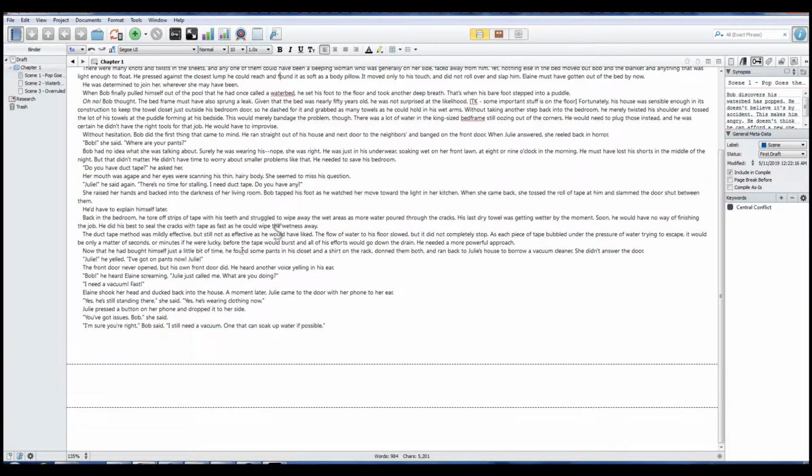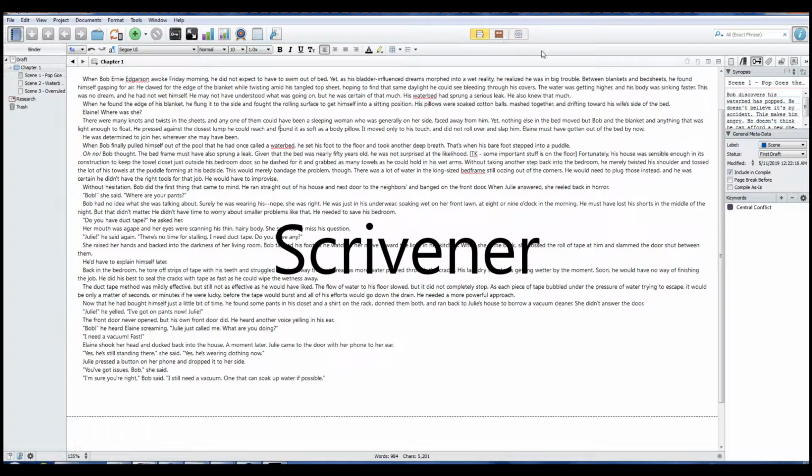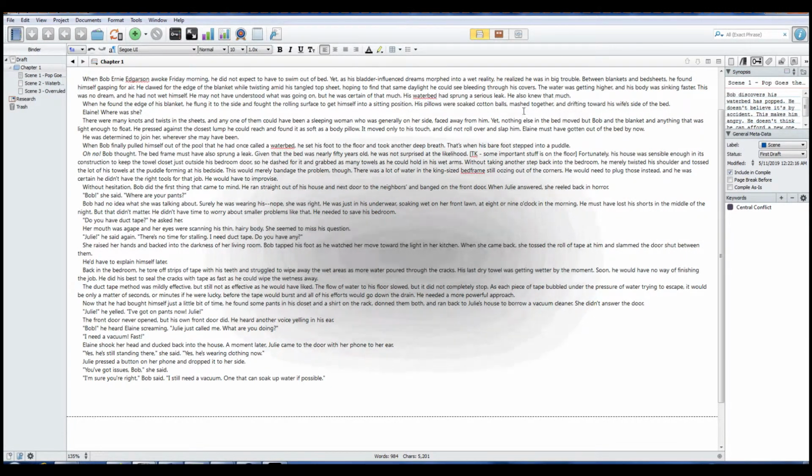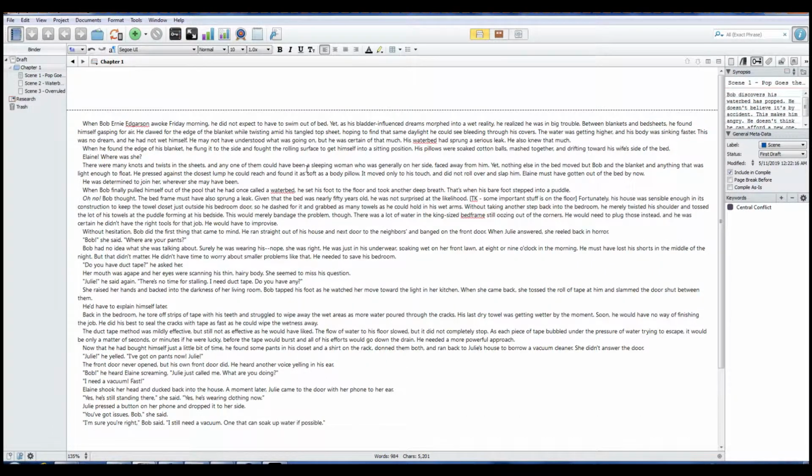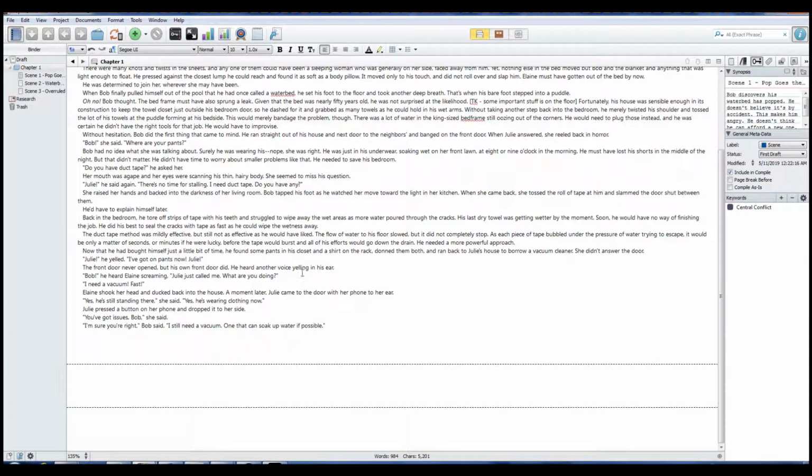There's other features you can do here where you can split the window to see two different sections at once. Or if you want to, let's say, omit an entire subplot and just view the entire plot straight on through, you can cut out anything with the subplot tag, and it'll